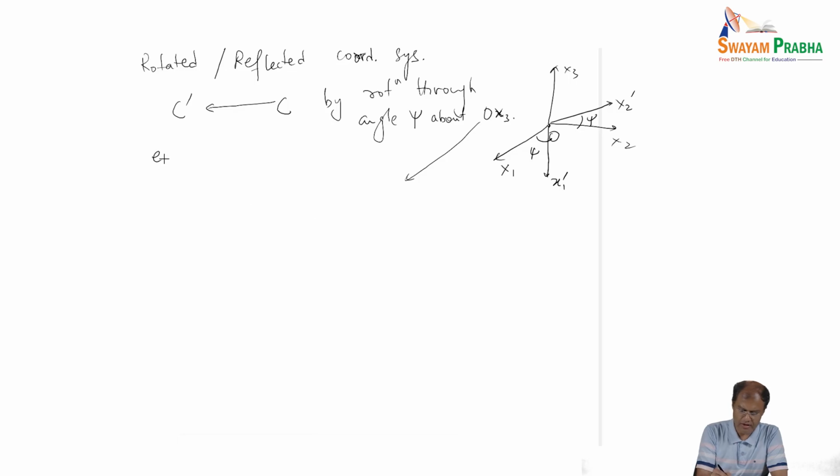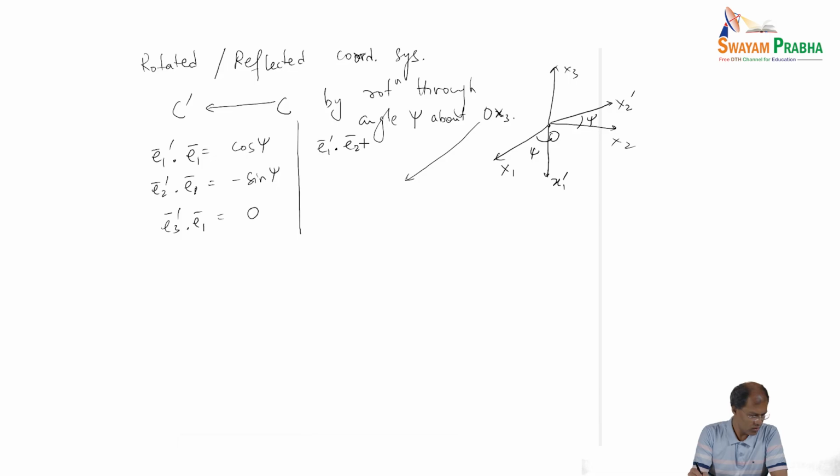So what we get is that E1' with E1 is cos psi, and E2' with E1 is minus sin psi, and E3' with E1 is 0, and E1' with E2 is sin psi, E2' with E2 is cos psi, and E3' with E2 is 0, right? So we can take all these inner products here, all these terms will come out, and similarly we can check,